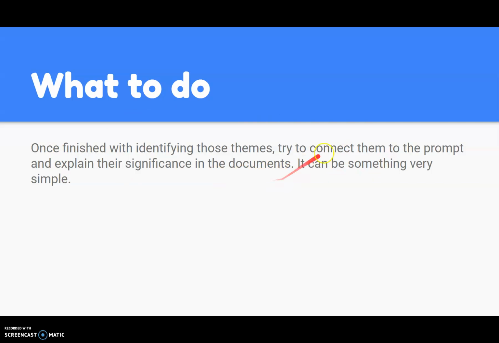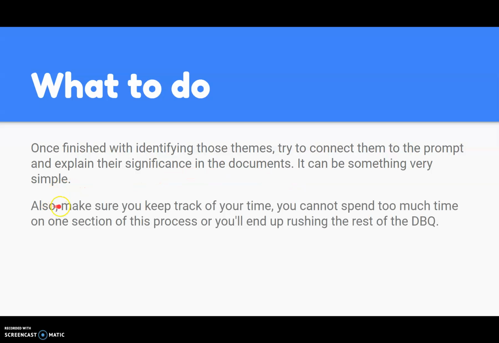So it might sound really complicated being able to connect all this information to the prompt, but it could be really simple. We're going to get into that in just a moment, but I just want to hit another point. This isn't directly related to sourcing, but it's related to the entirety of the DBQ. Just make sure you keep track of your time, because if you spend too much time on one part of the DBQ, you're not gonna have enough time for the other parts,